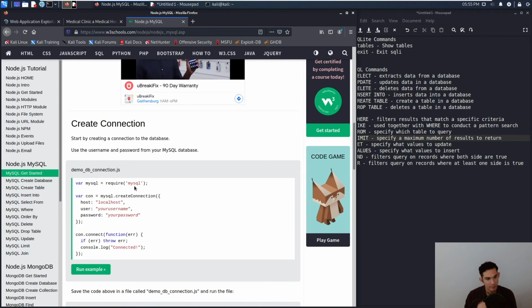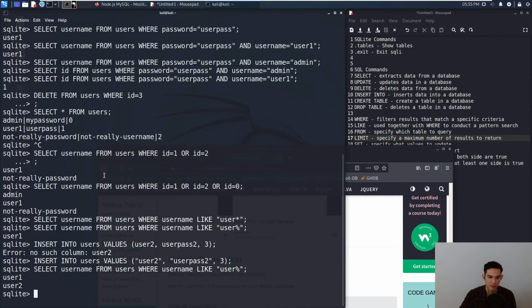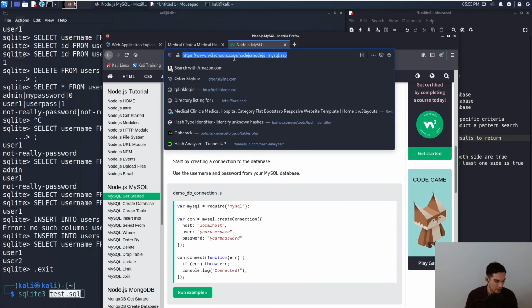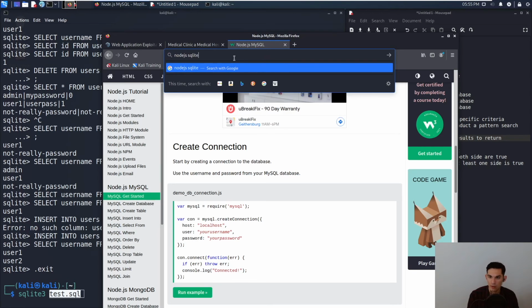Now, typically what will happen is you'll use the command line like I did with this SQLite database, and you will manually create the database that way to get it started. Although you might write a script which will automate that process for you. But you would create the database, and then at that point you would have the database name. When I did it with SQLite here, I created a test.sql, and so my database's name is test. And then I can even look here, Node.js SQLite,